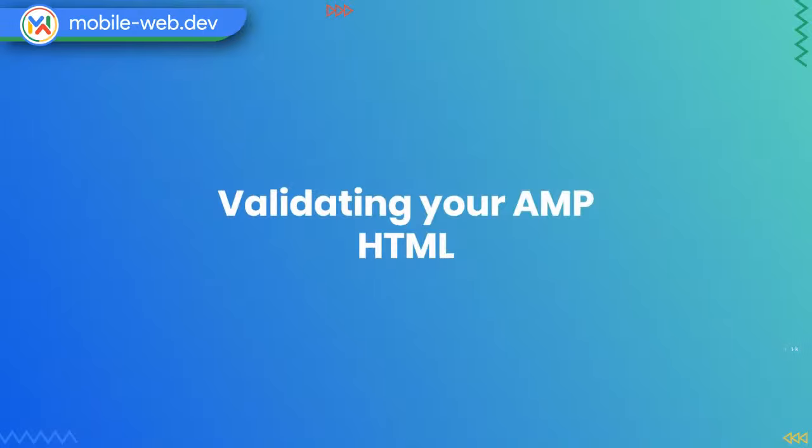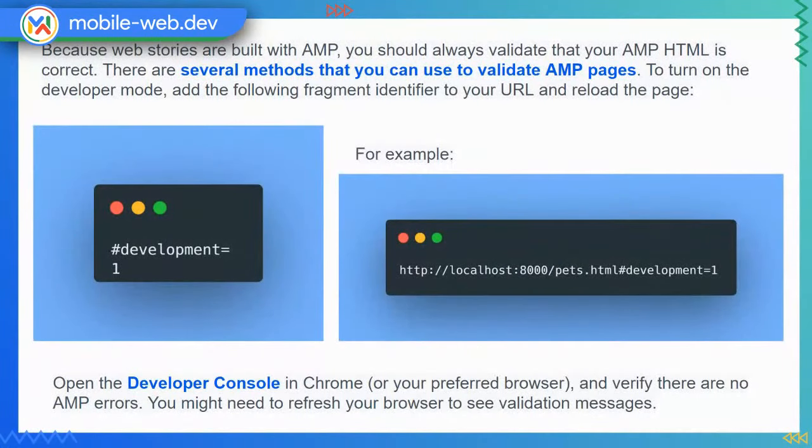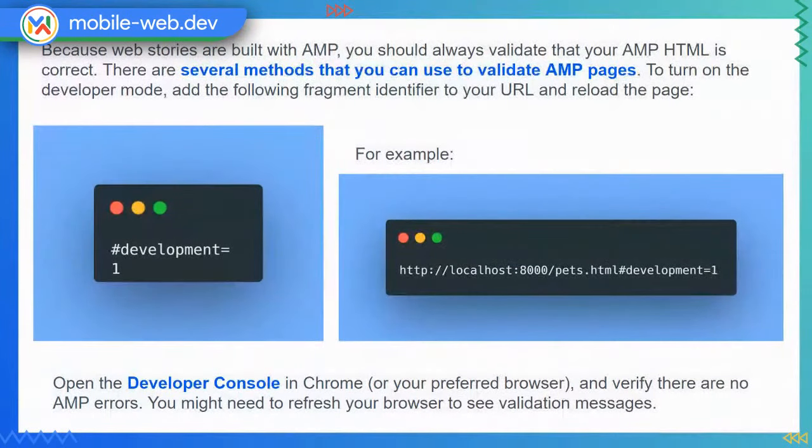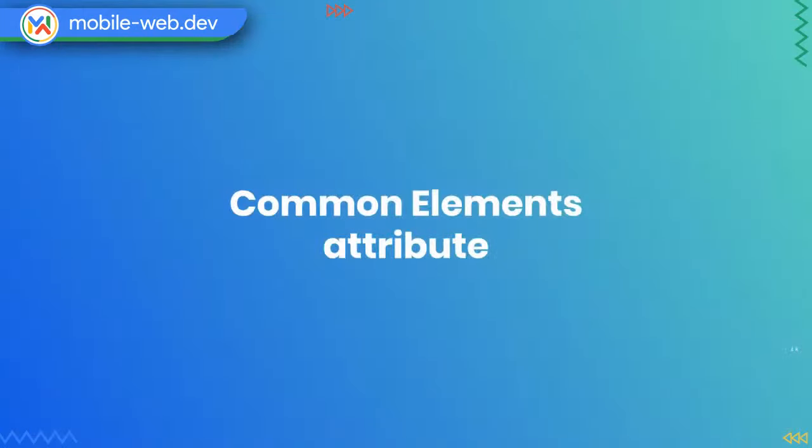So next is validating your AMP HTML. Now AMP story HTML validation also works the same as AMP. You need to put the endpoint of whatever you want to validate, and then you use the validator over this URL, and it will tell you all the errors that are occurring with the particular AMP story. Again, something that you already know about, so nothing to actually discuss.